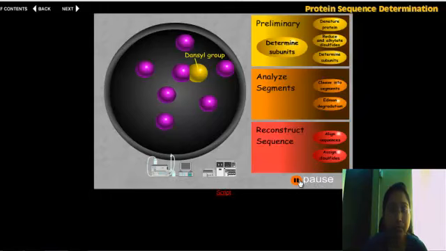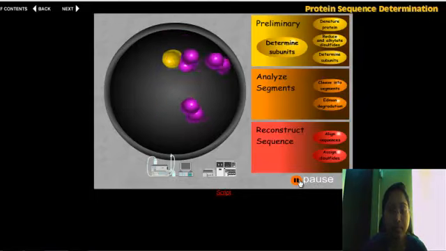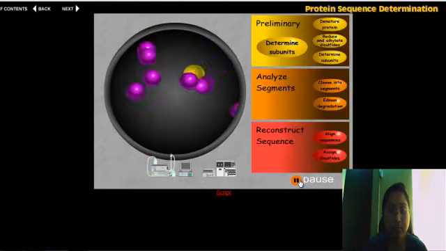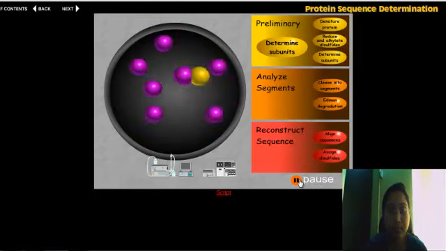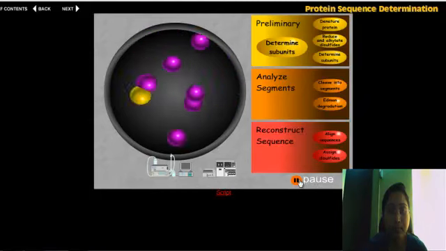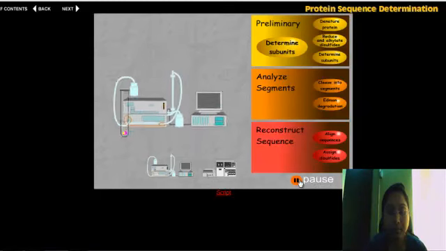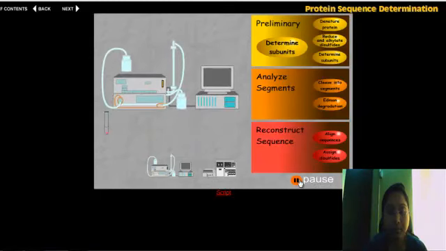Here, the purple balls represent amino acids, and the dansyl group is represented by a yellow ball that is covalently linked to the N-terminal residue. The protein has now been converted to a mixture of single amino acids, one or more of which are labeled with the dansyl group. The next step is to separate out the highly fluorescent dansyl labeled residues and identify the amino acids to which they are attached. This can be done by a variety of chromatographic techniques. Here we use an HPLC apparatus set up specifically for amino acid separation and identification.